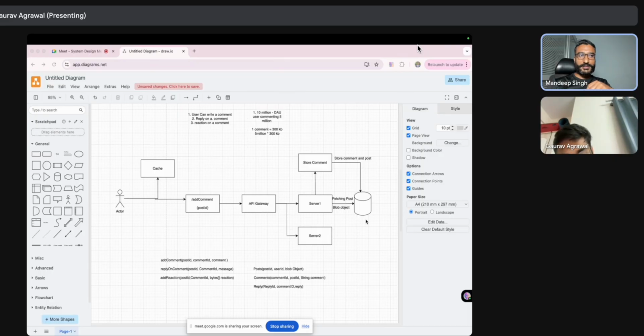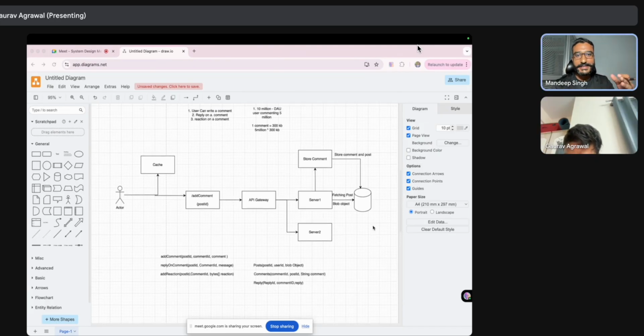That's one thing. Then I should have clarity on the query patterns. Most systems are read heavy as compared to writes, and this system is really very read heavy. So somehow we want to optimize on that reading part.